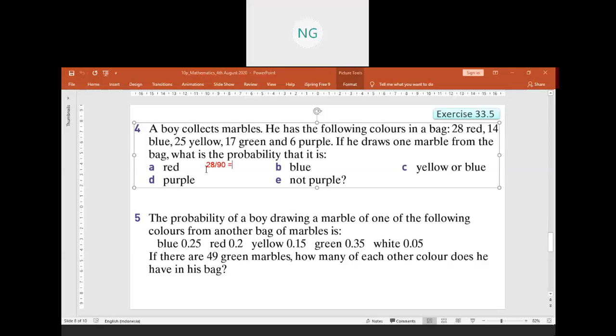14 per 45. Okay, 14 per 45. Thank you. Is there anyone who gets confused so far? Please feel free to ask me any question. Probability is easy. You just need to read the question properly and try your best, because if you do not want to try, everything will be hard for you. If no one asks me any question, I will continue to question B.